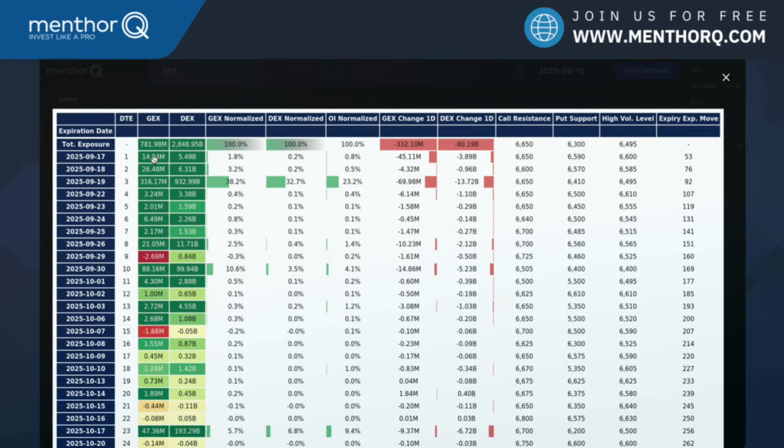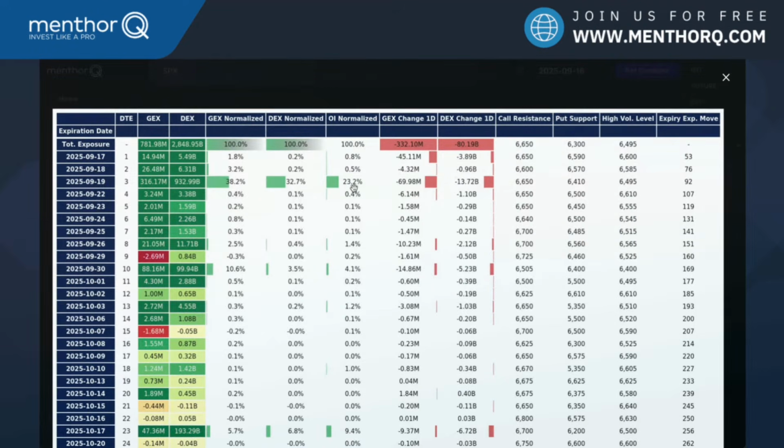First, we are calculating the total gamma and total delta of that particular expiration. Here you see the number of days to expiration, so you have our zero DTEs, etc. And then you have three important columns here, which are the GEX normalized, DEX normalized, and open interest normalized. So by looking at the whole option chain, how much gamma is expiring for each expiration, how much delta, and how much open interest. Why is that important? Because after this date, 38% of gamma exposure is no longer going to be there. So the options expire, 23% of open interest is gone after the 19th, right?